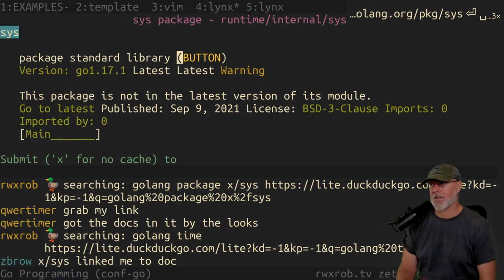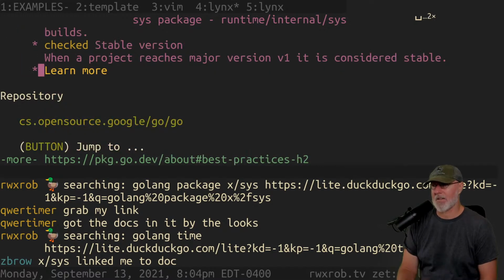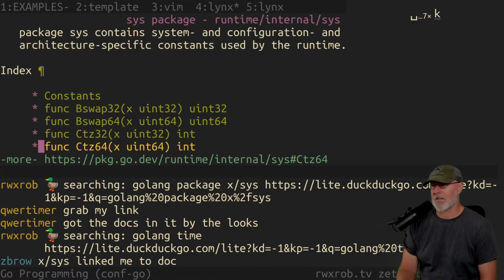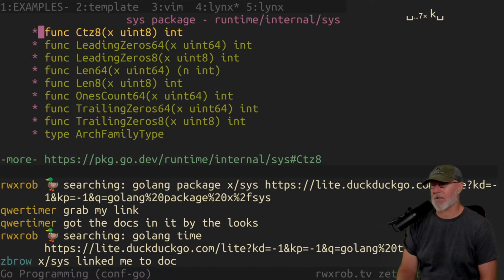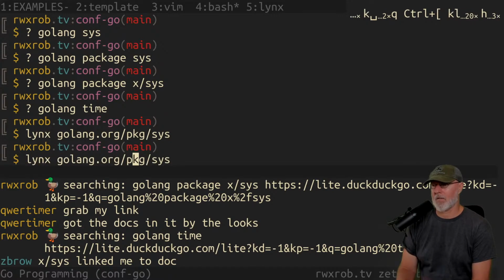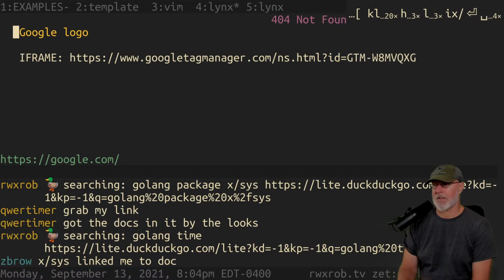Oh, look, it redirected to runtime internal sys. Did you see this? Yeah. That's interesting. So it's x/sys. Yeah. So packages x/sys. There we go.